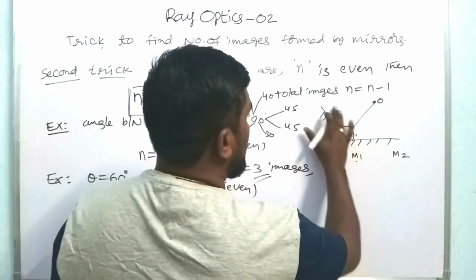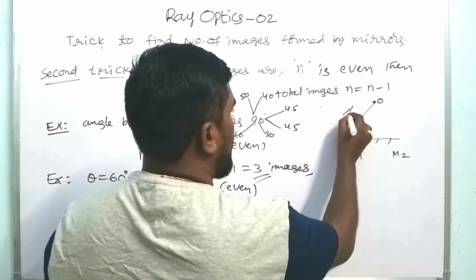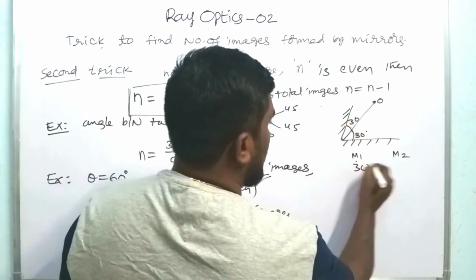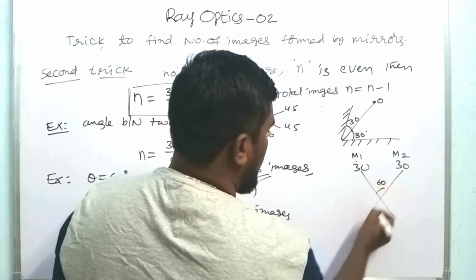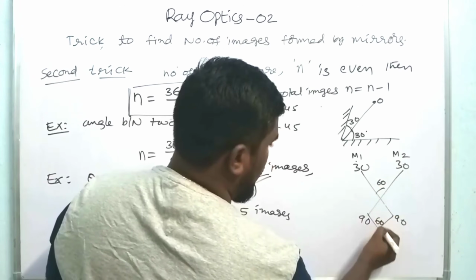Right, 30 and 30 degrees. This is the mirror where it is 30 degrees and 30 degrees. Here 30 and 30. Right, total it is 60. It is 90 and 90. Total it is 60,